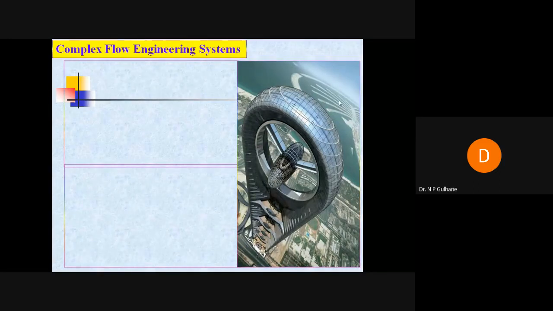So at the seashore, what is the velocity of the wind, and how much does it impact the inward blade of this turbine? How does it flow, and what is the generation of electricity through this entire unit? And whether it is possible to install it at this location or a different location.